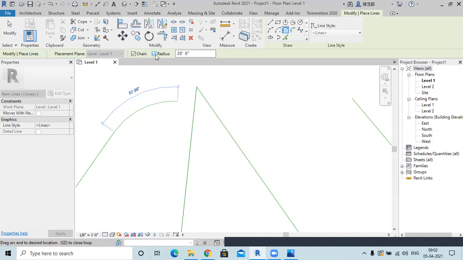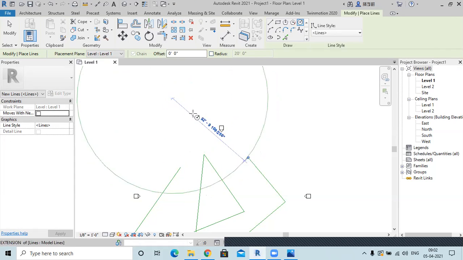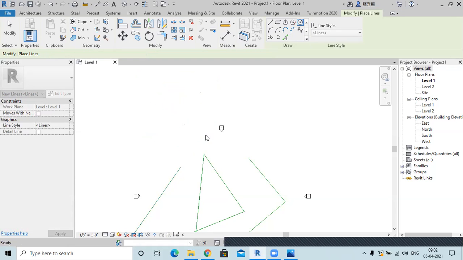Okay, so that level of automation you will get in this software, and along with that you can select your own prerequisites. So for example, if I turn off this radius, which works in each and everything, for example in this line, if I have the radius turned off, or maybe in the circle I haven't turned on my radius here, automatically it will create according to your specification. But if you want something to be in some boundary or limitation, then only you need to give this radius a specific value.